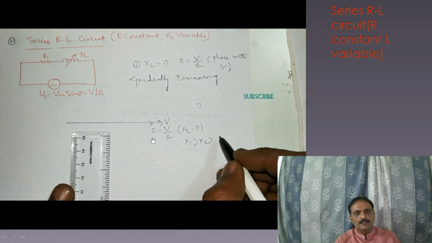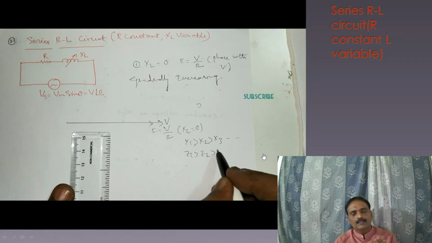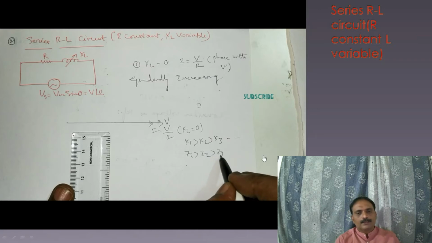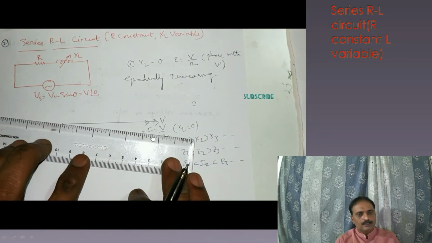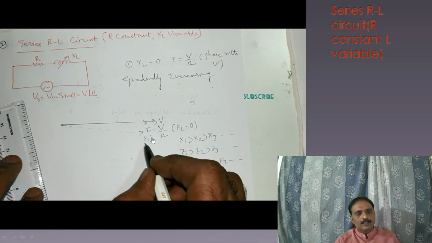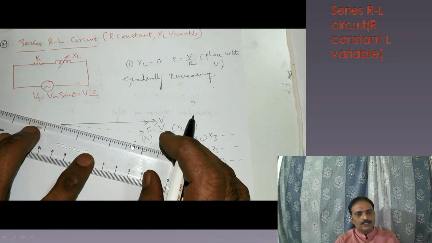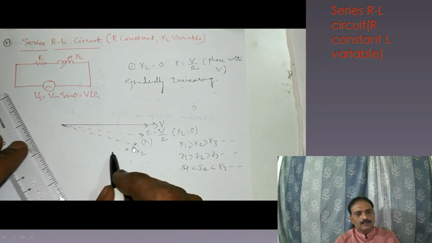So here again we consider different reactances such that X1 greater than X2 greater than X3. The way in which we are going to vary the reactance depends upon the frequency. So as the frequency varies, we know that the reactance also is going to vary, because XL is equal to omega into L. Omega means 2 pi f. So the impedance increases, and as the impedance increases, the current is going to decrease. So again we are going to have another new point for the second value of the impedance Z1 or X1. Similarly, as the reactance increases, the current is going to decrease slowly, and the angle of lagging also is going to increase.